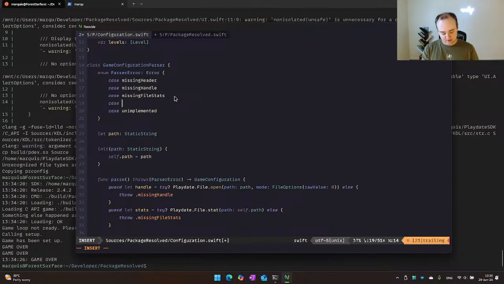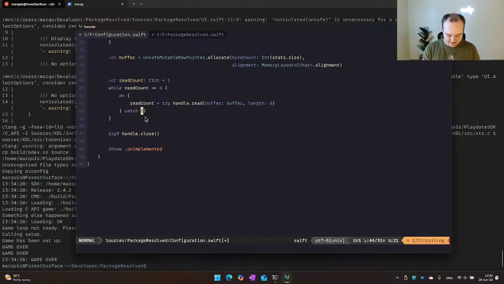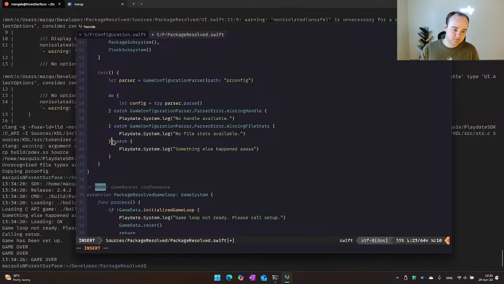Case bad read. It's probably an error thing, but what are you gonna do? Throw bad read. Catch game configuration parser error dot bad read.